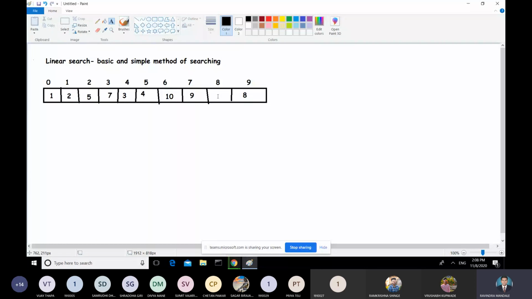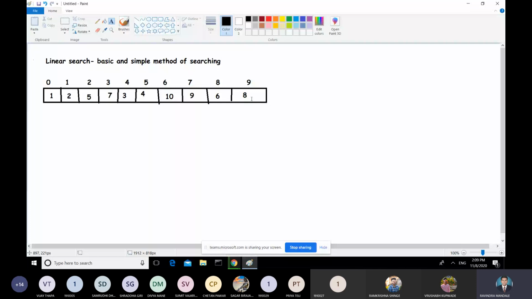Now what is linear searching? In linear searching, we access each element of an array one by one, sequentially. We'll see whether the searching element is present in the given array or not. That is nothing but linear searching. We'll check whether the desired element is present in this array or not.